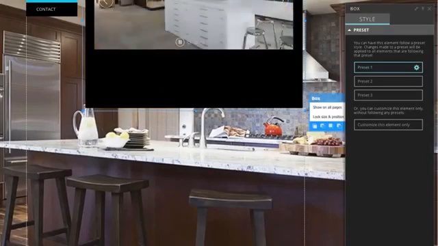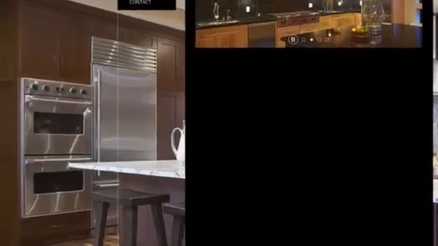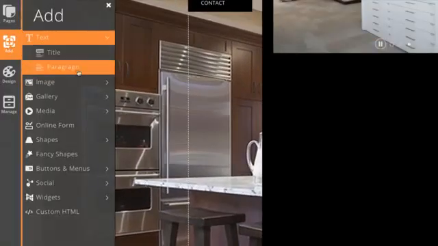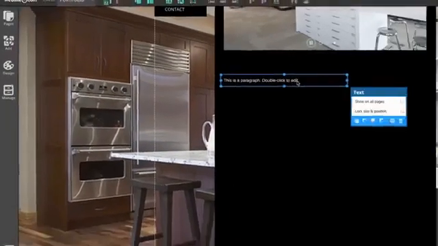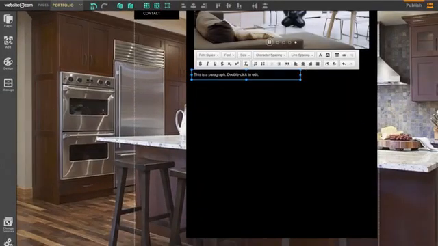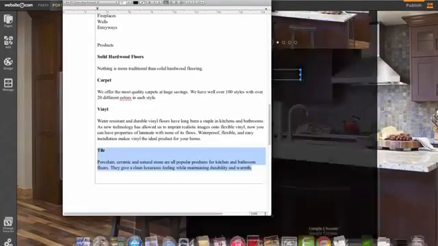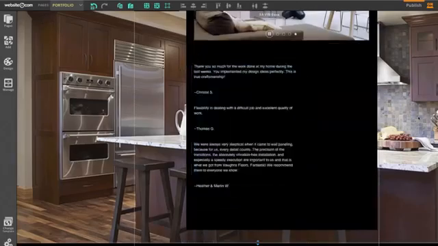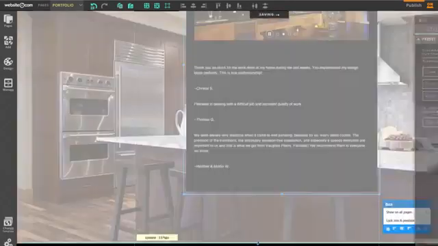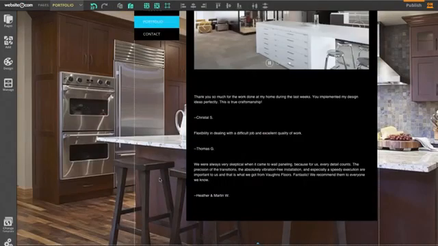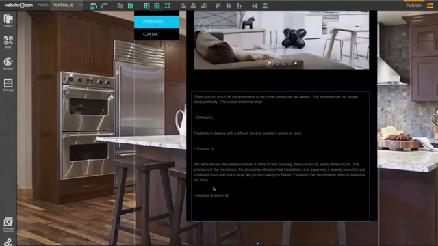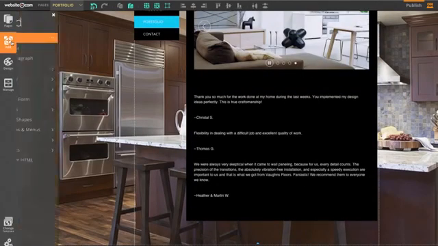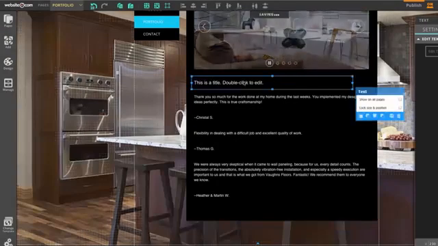I can select the black box and drag this down as well. Now to add text into this, I can simply go over to Add, select Text, and select Paragraph. So I can select Edit Text, highlight all of this, and I'll go ahead and copy and paste my text. Now I'll also add a title to testimonials, because these here that I added are testimonials. So add title,